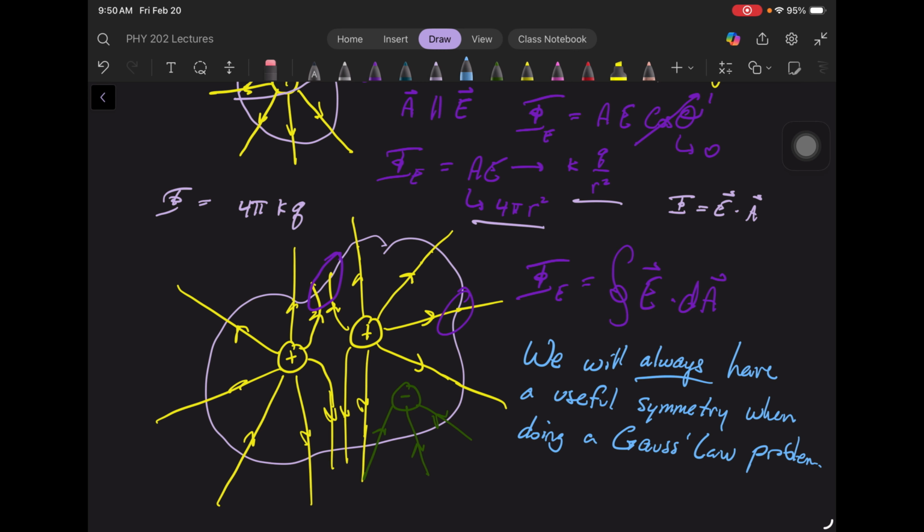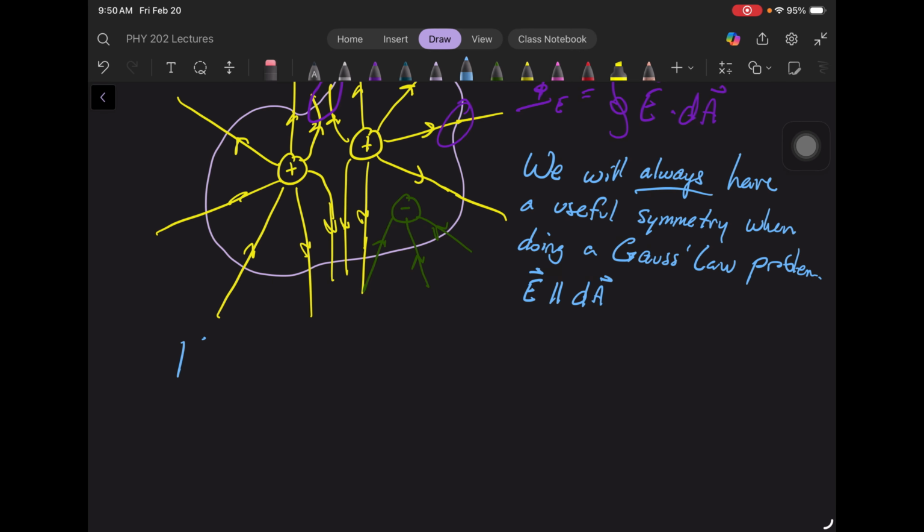Right, while this might not be true in some of the upper level courses, for now we're always going to have some kind of a useful symmetry. And typically in that symmetry, what we're going to do is have E parallel to dA. Right? And so what that does is, if you have E dot dA, where E is parallel to dA everywhere,